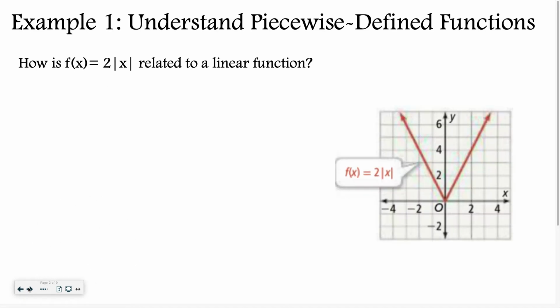Okay? So let's move on. Let's talk about understanding piecewise defined functions. Yesterday we talked about the absolute value function, and that's kind of what's drawn over there on the right. But we're going to talk about how we can change this absolute value function into a piecewise defined function. Okay, so that means I'm going to look at this graph. I am told that it's 2 times the absolute value of x, and I'm going to look at it 2